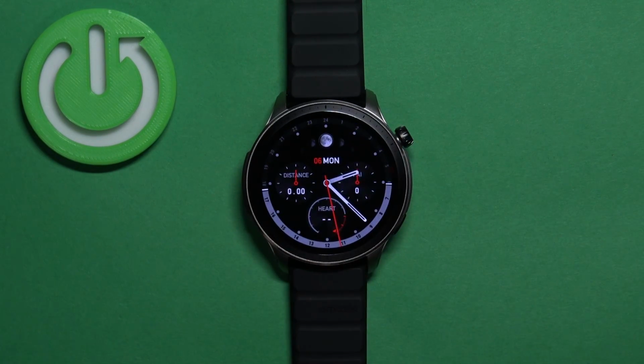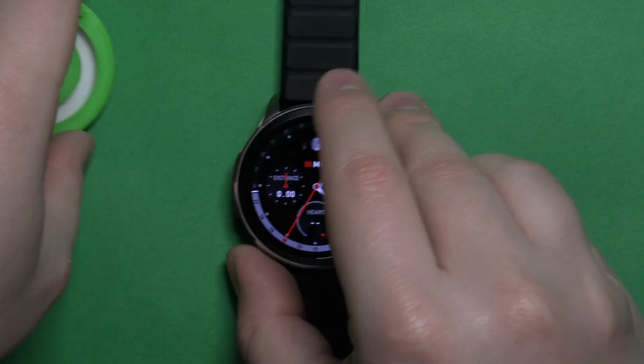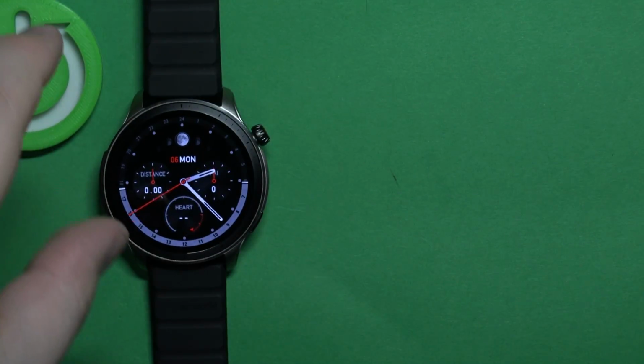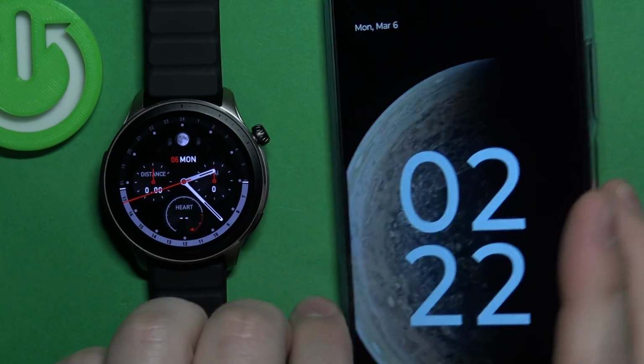Okay, so that's how you change the language on the watch. You can also change the language through the phone application. So, if your watch is paired with an app or with a phone via the app, you can use the app to change the language. So I'm gonna bring my phone right here,